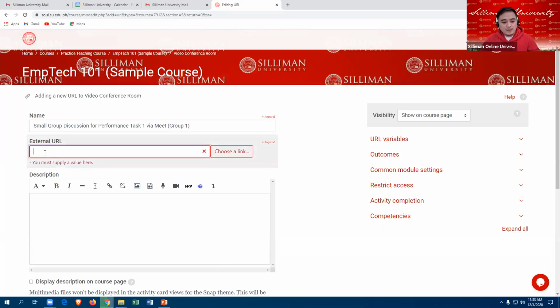Then you paste the meeting link and add http colon and double forward slash. So again, http colon then double forward slash.